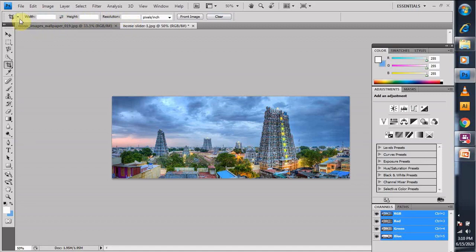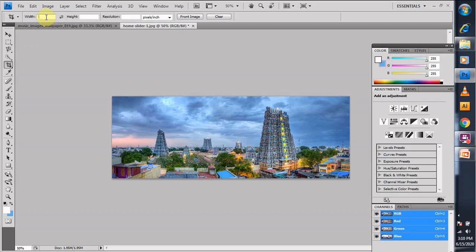So from this we get to know that we can arrange the height, width and resolution of our particular image to be cropped. Most of the times we need to crop the image into 4 by 6, 5 by 6, or 2 by 3. So for small sizes we can use that.